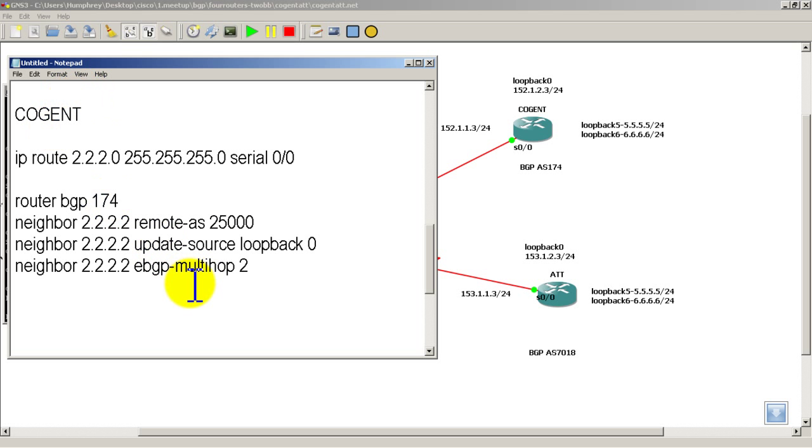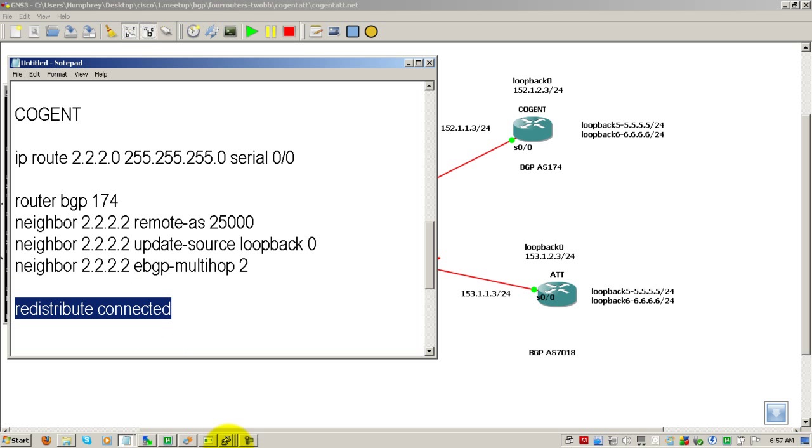So I've got my notepad up here, and the command we're going to do is redistribute connected. Alright, so what this is going to do is it's going to throw loopbacks 5 and 6, and also loopback 0, and also this side of the serial 0/0 interface. I'm going to copy that, go into